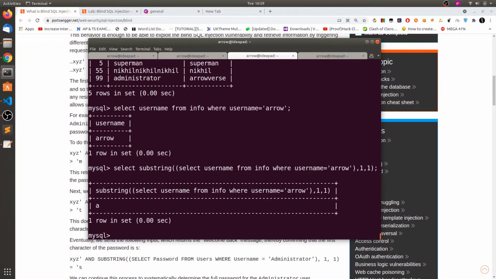Now hit enter, and you can see the first letter of arrow, that is A. So we put the cursor at offset 1, start at this byte and count from here onwards one length. So we got the answer A. We will test blind SQL injection using this technique.